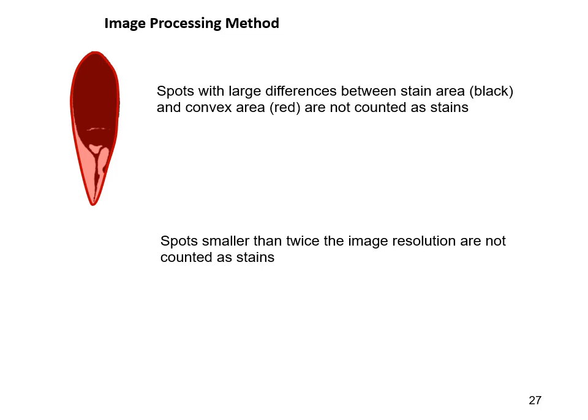And also, I fit the smallest convex shape around the stain. And if it has too much difference between that shape and the shape of the stain, I don't count those as stains. So that removes stains that have a larger area that is empty inside, or stains that have weird tails like this. It's not perfect, but